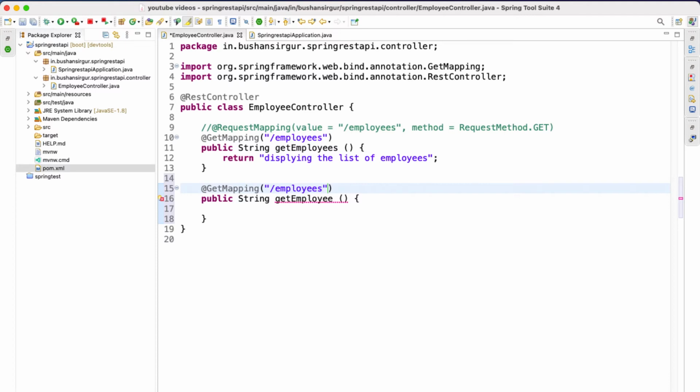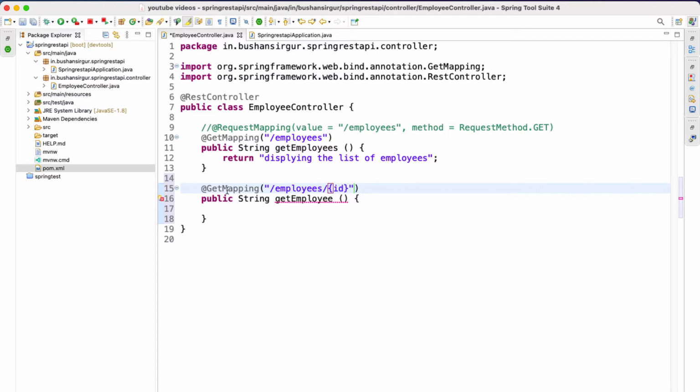To create the variable, after the slash we open curly braces, and inside these curly braces we provide the variable name. I will call it id. You can give any name you want.